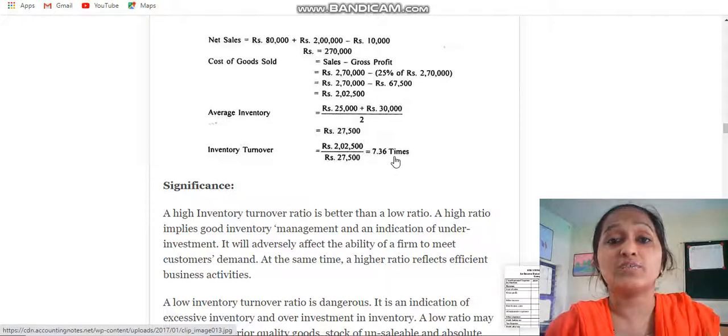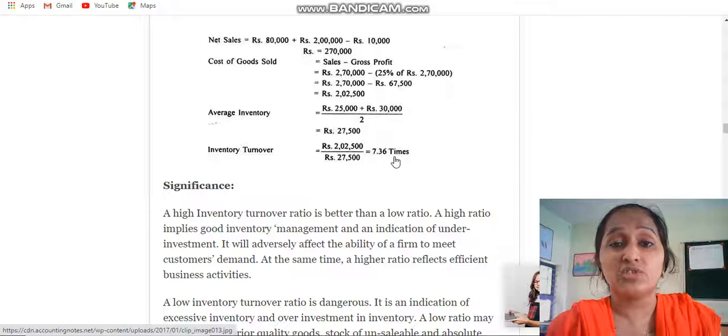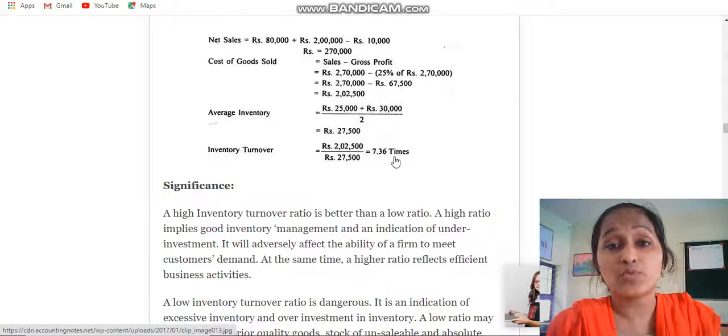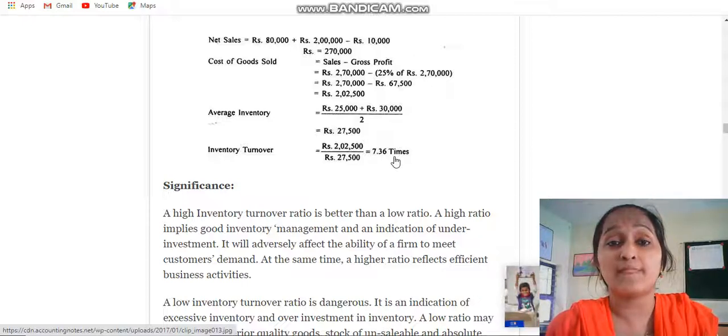So keep all these things in your mind, dear children. How to calculate stock turnover ratio, debtor turnover ratio, creditor turnover ratio, working capital turnover ratio is based on the given information. Remember one thing always: in ratio analysis, they will not give any data directly. You are supposed to do the working note and the calculation, because according to the ratio analysis norm, direct information won't be available in the question.